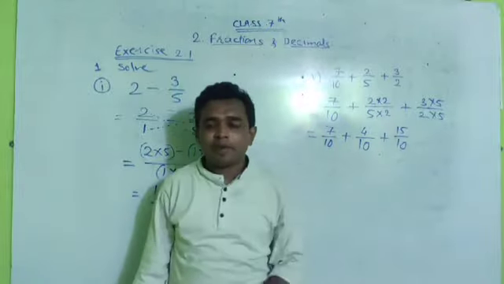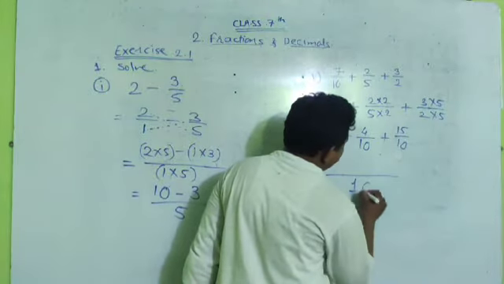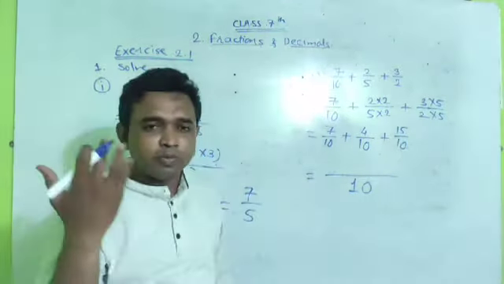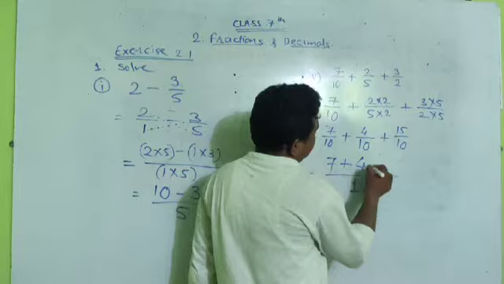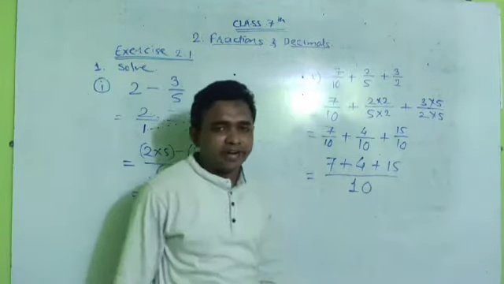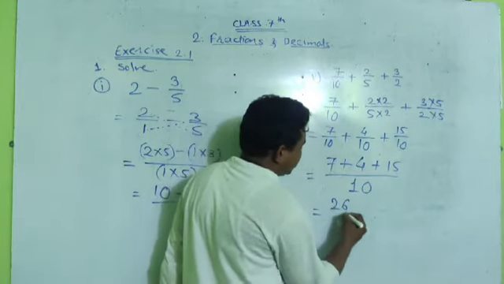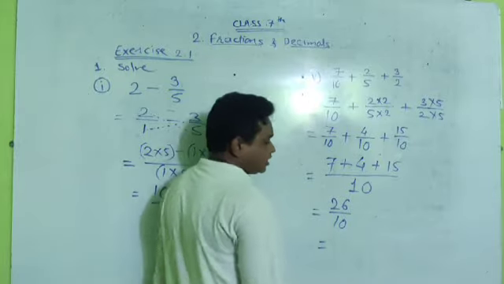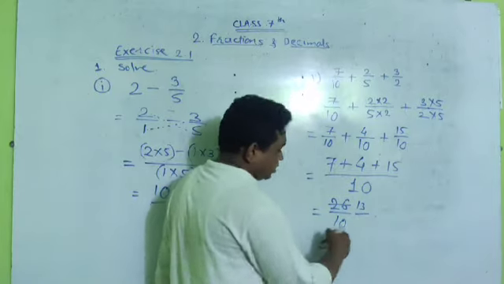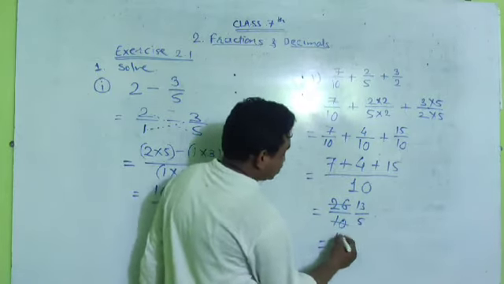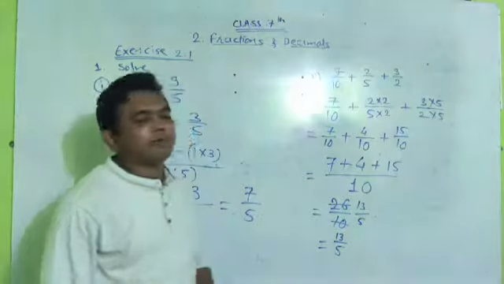Now in all these three fractions, the denominators are equal. And if the denominators are equal, then write down only once, that is the 10. And whatever numerators are given, we simply write down 7 plus 4 plus 15. Understand? After that we write the answer: 7 plus 4 is 11, plus 15, that means 26 upon 10. And if we take the fraction value, here 13 2s are 26, I know the table, and here 5 2s are 10. So our answer is 13 by 5. Okay students, so it is the answer of question number 5.